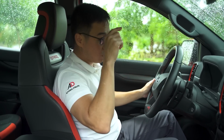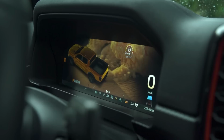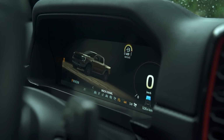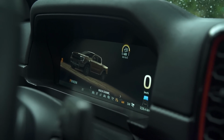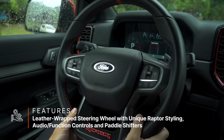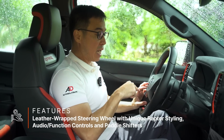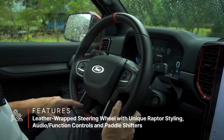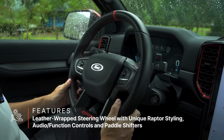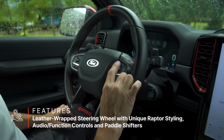And then you can also see what drive mode you're in, which you can select, and it has a pretty cool animation all the way from normal to mud and ruts. That's actually quite unique. The steering wheel is probably familiar to a lot of people because you'll find the same steering wheel and functions as you will on a Ranger. The only difference is you've got a Raptor badge found down here. But you've got the same amount of buttons on the left, same amount on your right, and then